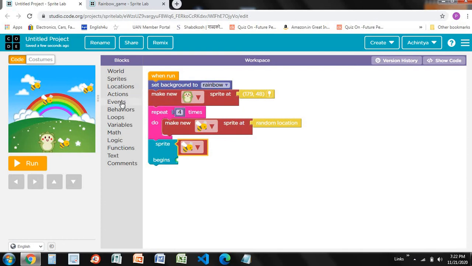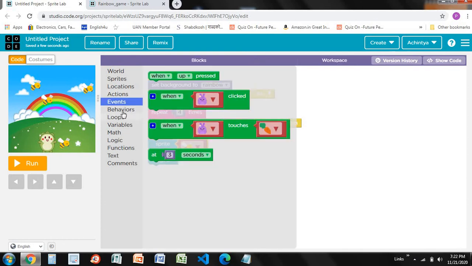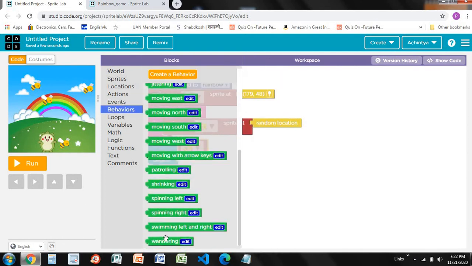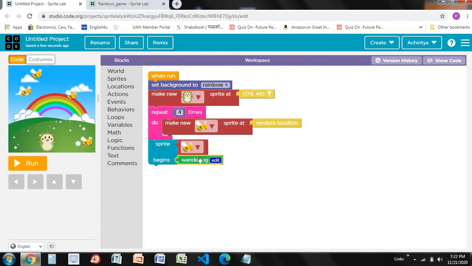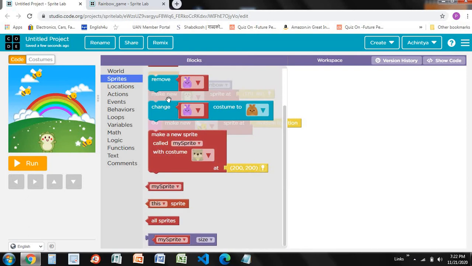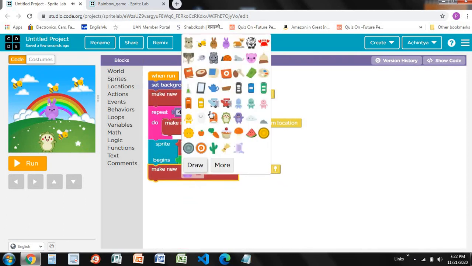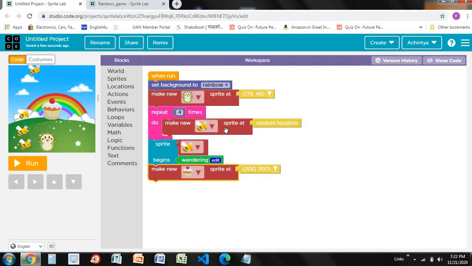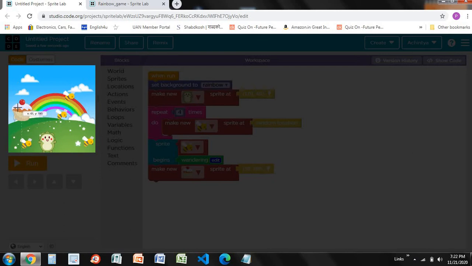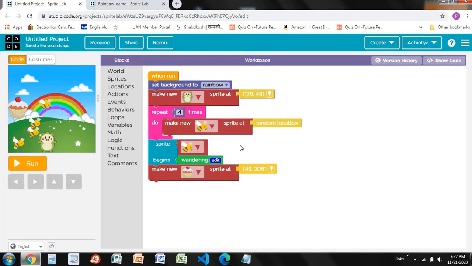You have to go to the behaviors, wandering like this, fit this one in. Now again you have to go to sprites and select this one, change this one to this cake one like this, and I want my cake to be at the side, so I just want my cake to be here like this.